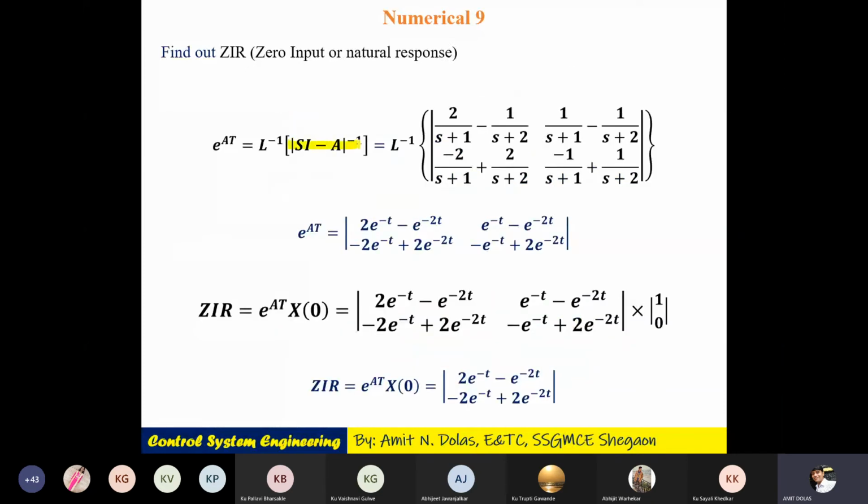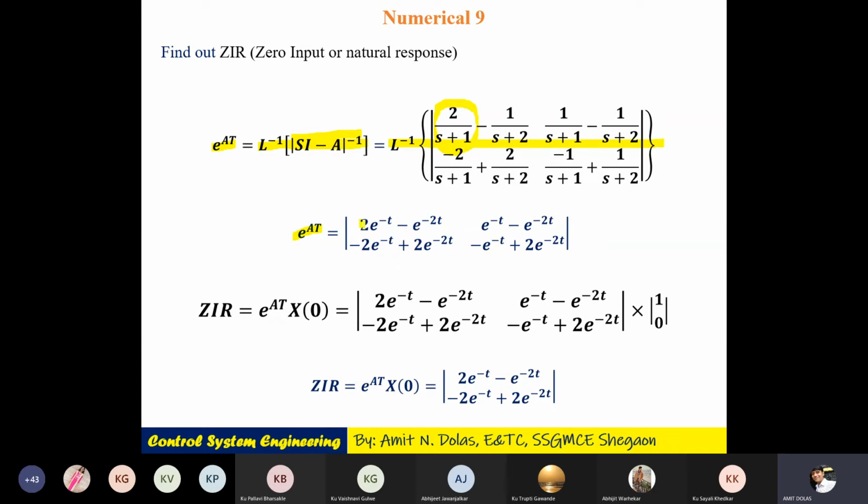we got this term now, but we are interested in e raised to power At, which is nothing but inverse Laplace transform of this term, whatever we calculated earlier. So we take inverse Laplace transform of this. Partial fraction क्यों लिया है हमने? Because we want this into the standard form, so that we can convert it into the time domain, e raised to power minus t plus t, whatever. So once we take inverse Laplace transform, e raised to power At becomes, let's see, 2 upon s